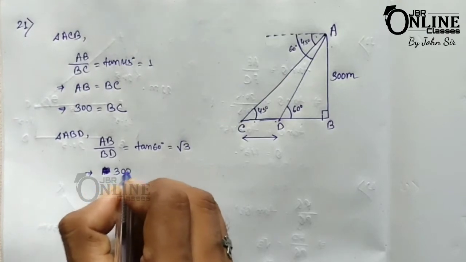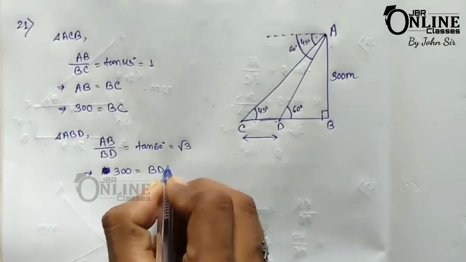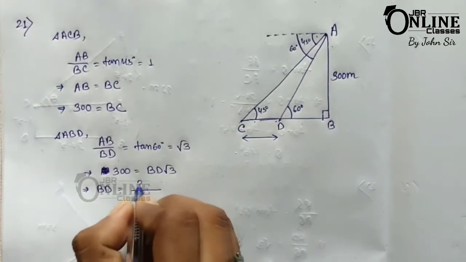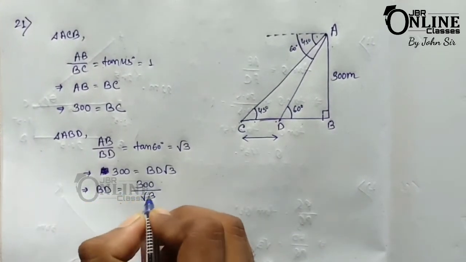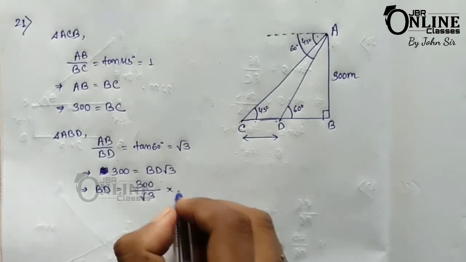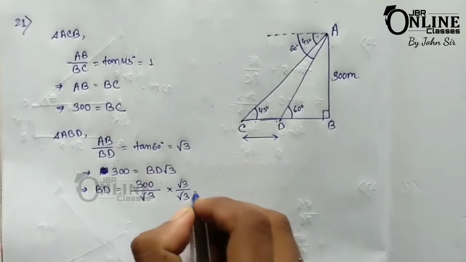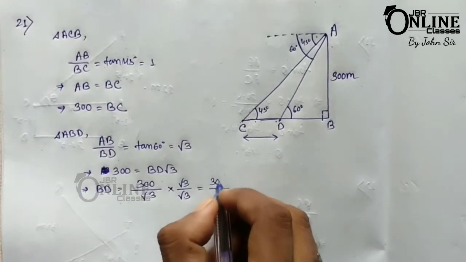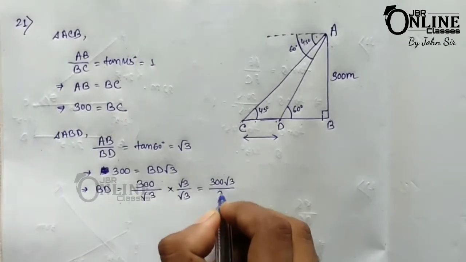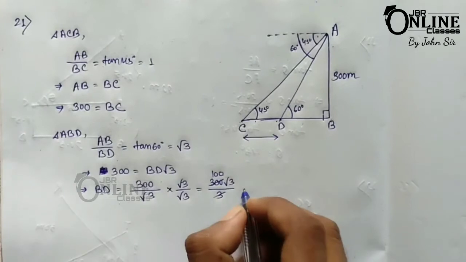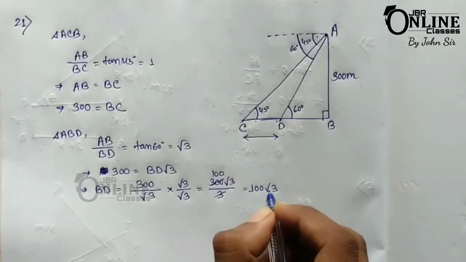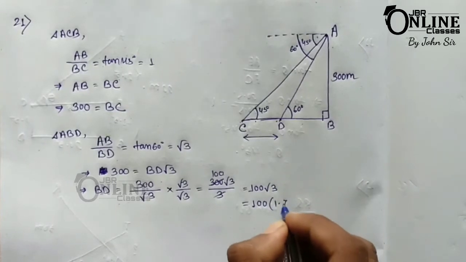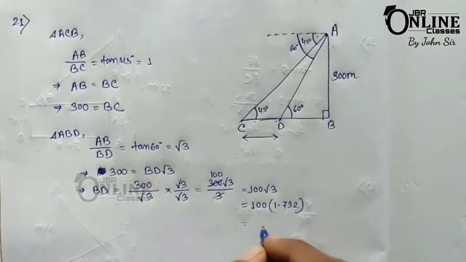So write down here 300 equal to BD root 3. So BD equal to 300 by root 3. Okay, now if you multiply root 3 with numerator and denominator both, we get 300 root 3 by 3, and that equals 100 root 3. Now the value of root 3 equals 1.732, so finally that is